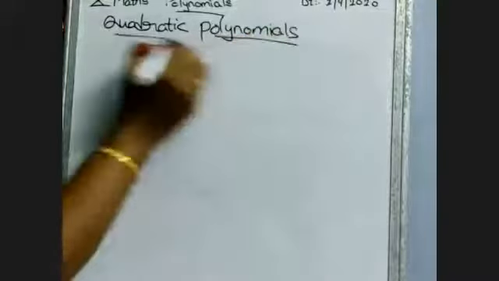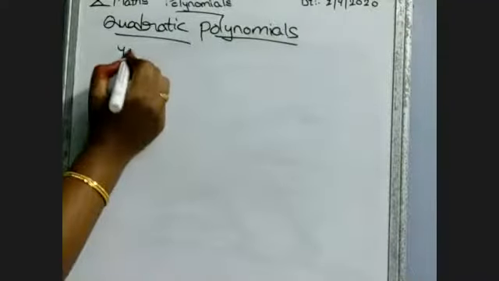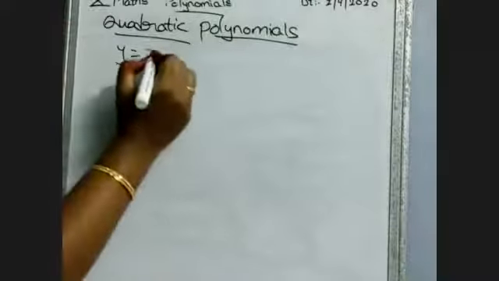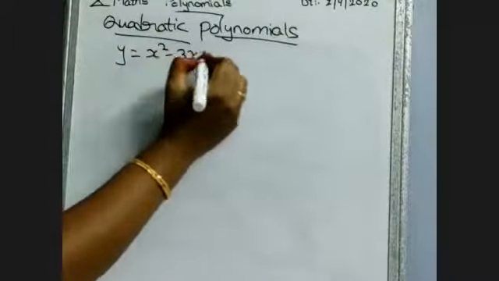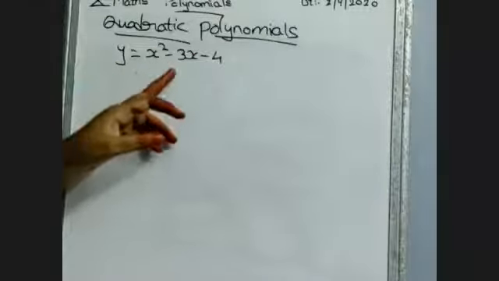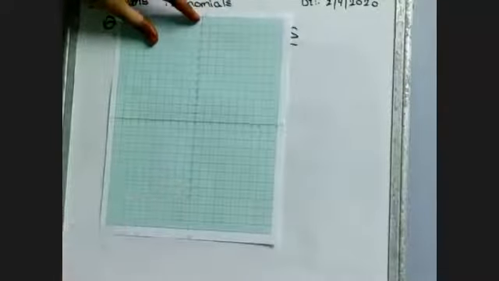So in this, quadratic is what we can take, more than one. Suppose some y equal to, what values can we take? x square minus 3x minus 4 we can take. See ma, y equal to x square minus 3x minus 4 we can take. So again we have to do the equations. See ma, all these graphs we have to do on this graph sheet only, okay? While coming to school, otherwise in 9th class also we did.